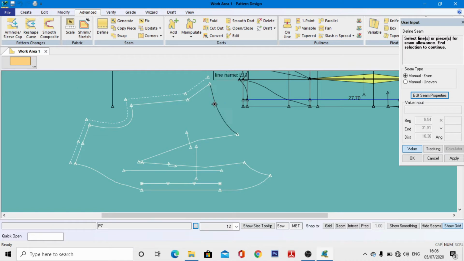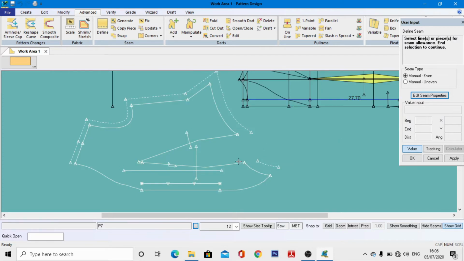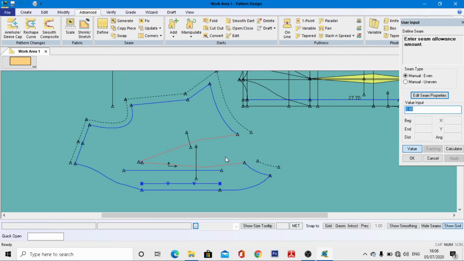Now we have to come to this hem line. We have to select this hem line and we have to right click and then OK, and we have to enter the distance of 3 centimeter for this hem line, right click and then OK. Now we have to select this dot position line, and then we have to enter the distance of 0.7